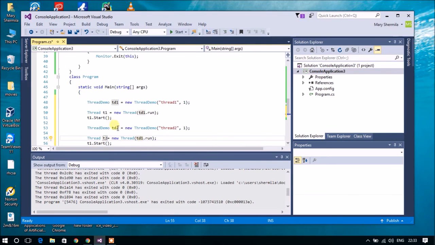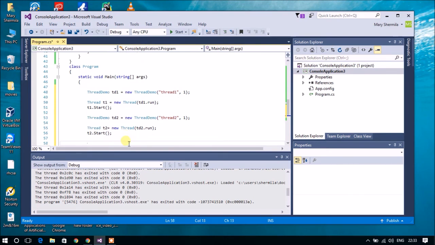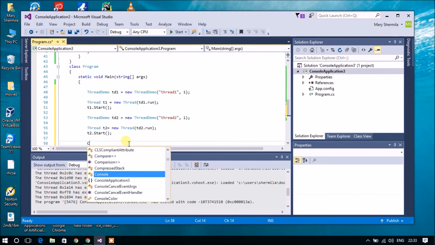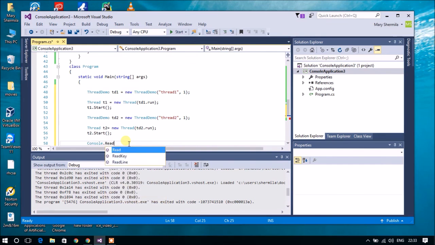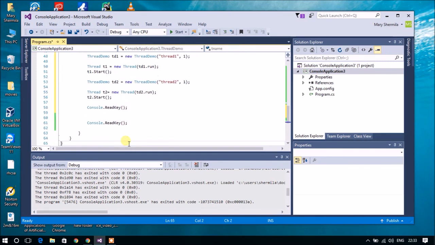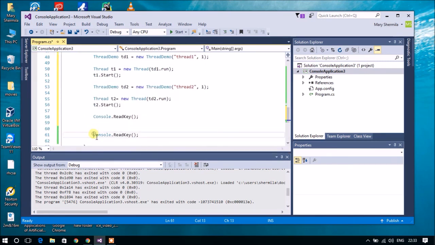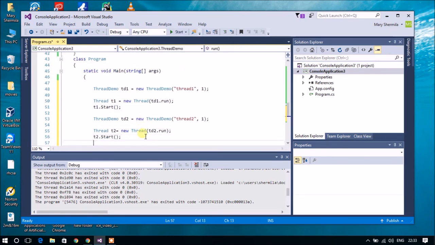With the help of td2, I am going to invoke the method Run, which I have defined inside the ThreadDemo class, so td2.Run, and t2.Start to run my thread. In order to keep your console in standby mode, you need to give a line like Console.ReadKey(). It is already defined in the program, so you need not repeat it. So that's it with the implementation.